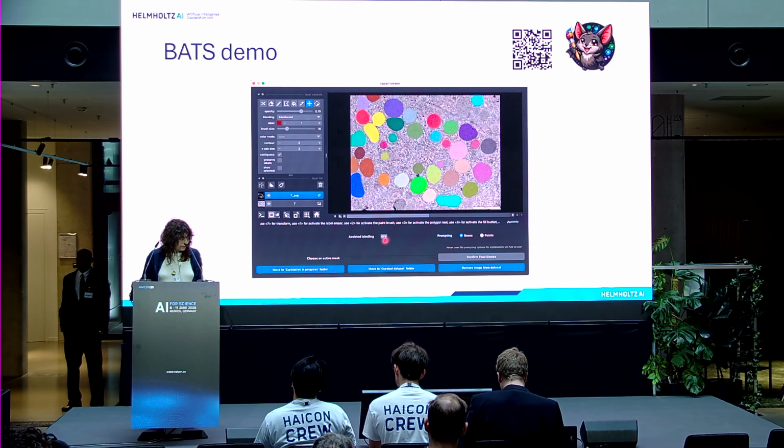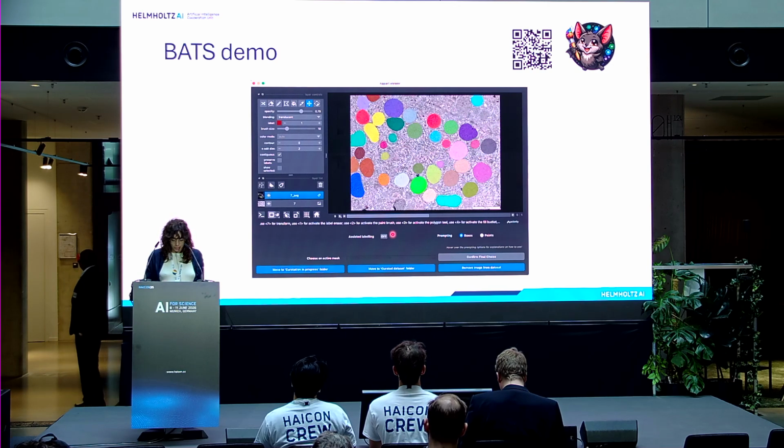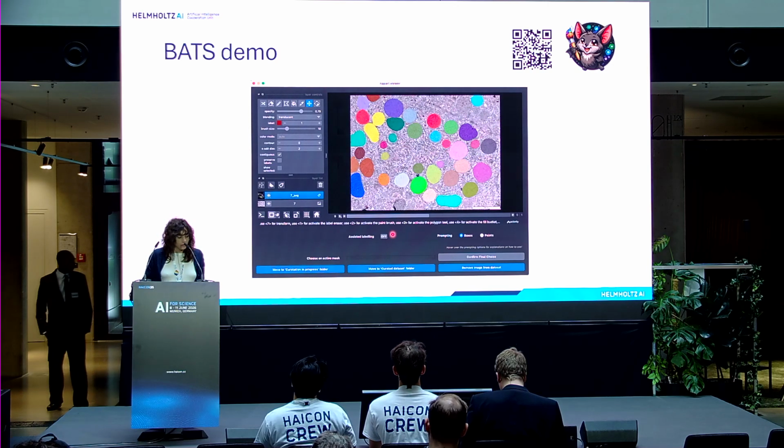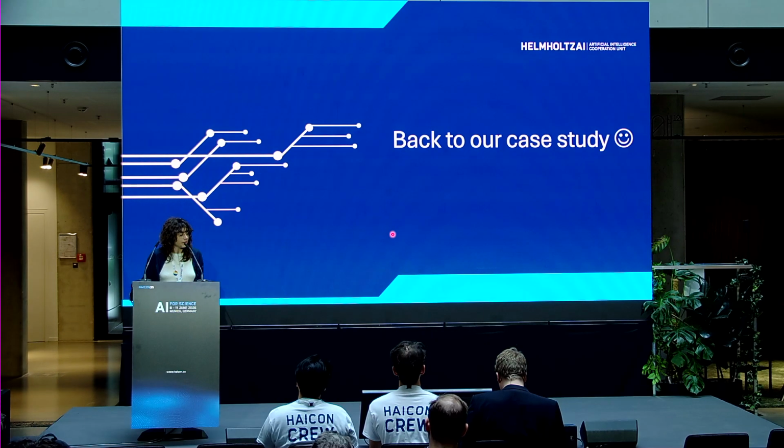This here is the AI-assisted labeling feature I mentioned earlier. If you toggle that, then you can do box prompts and point prompts for helping with your segmentation, and there are basically functions on the bottom to save the data and do the checks. So that was the tool that we use. And going back to our case study,